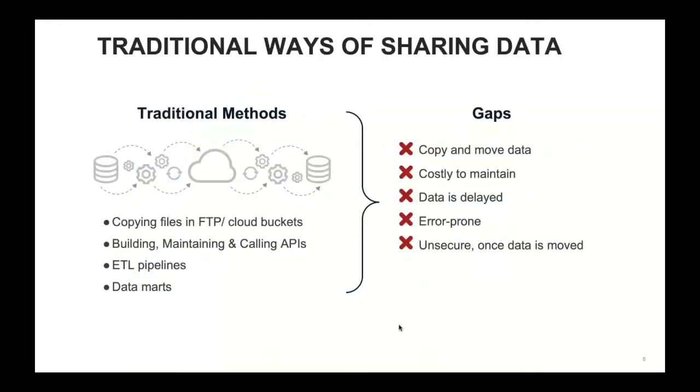Some of the things that we really see from a data sharing perspective are the same methodologies that you've been using to get data for the last 15 or 20 years. Data comes in through an FTP site. You pull it in. And I'm talking about external data sources. A lot of people buy data. If you're pulling in data or sharing data, it could be a CSV file. It could be a specific ETL pipeline that you've built. It could be specific data marts that the data gets fed into. It also could just be that you have to go to a company website and pull down that data into your environment.